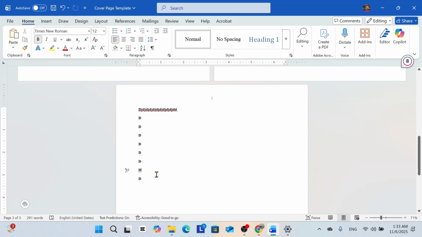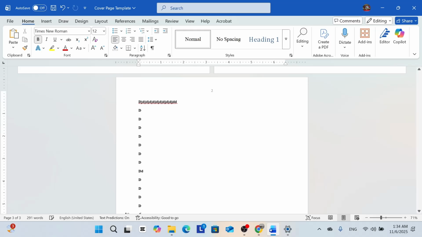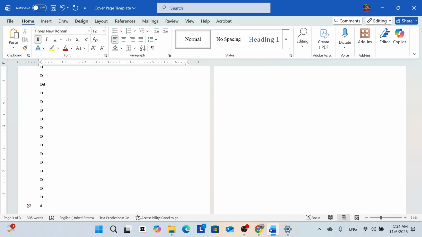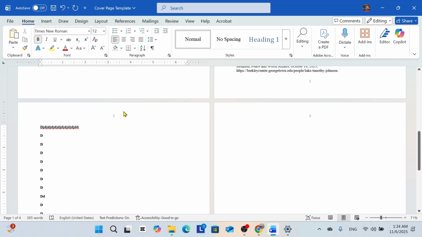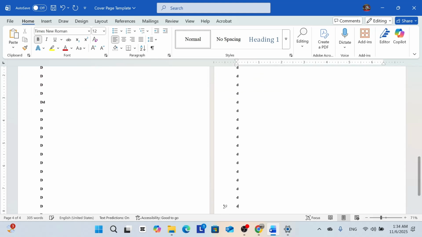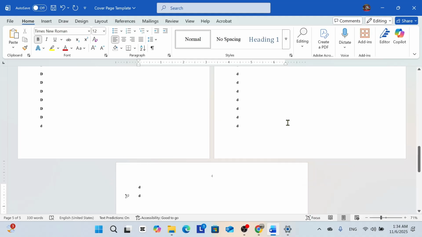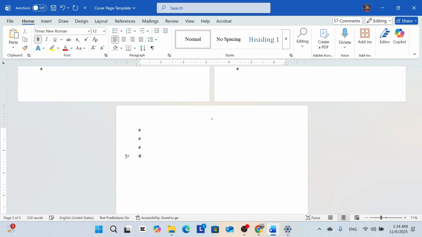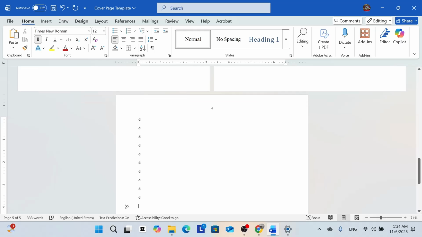And now as long as you are writing, it will continue at the top, and the numbers will continue on from page 2 to page 3. So just to give you an example, say we are writing, and now I'm going to my next page here. You see, from page 2 it has jumped to page 3. So page 3. So I'm writing, and page 4. Now for example, this page 4 is the last page of the paper that I'm writing, and